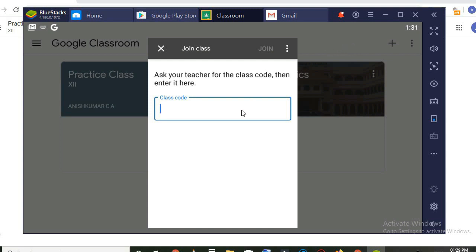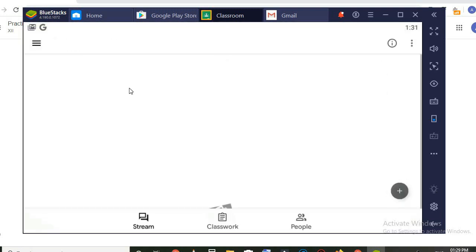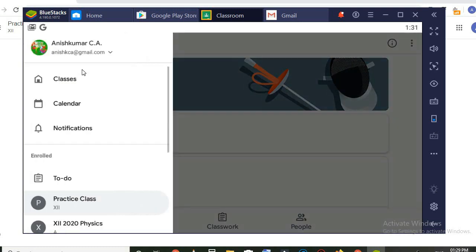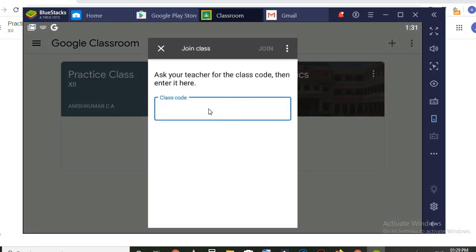So get the classroom code from the teacher and enter that code here. For each class there will be a different classroom code. So click join class, enter the classroom code, and you can enter if you don't have the link for joining the classroom.